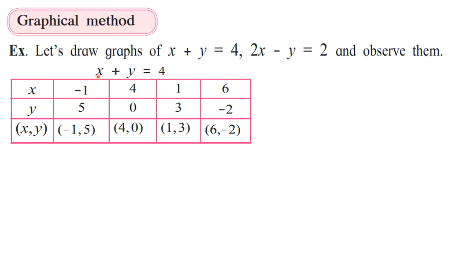Like when you are writing x is equal to -1, then this -1 will shift to this side and it will become 4 plus 1, that is 5. So if you put x is equal to -1 here, the value of y is 5. So you can take values of x of your choice and find values of y, or you can take values of y of your choice and find the value of x. So it's up to you. One variable's values you can take of your choice, but the other variable's values you need to find.